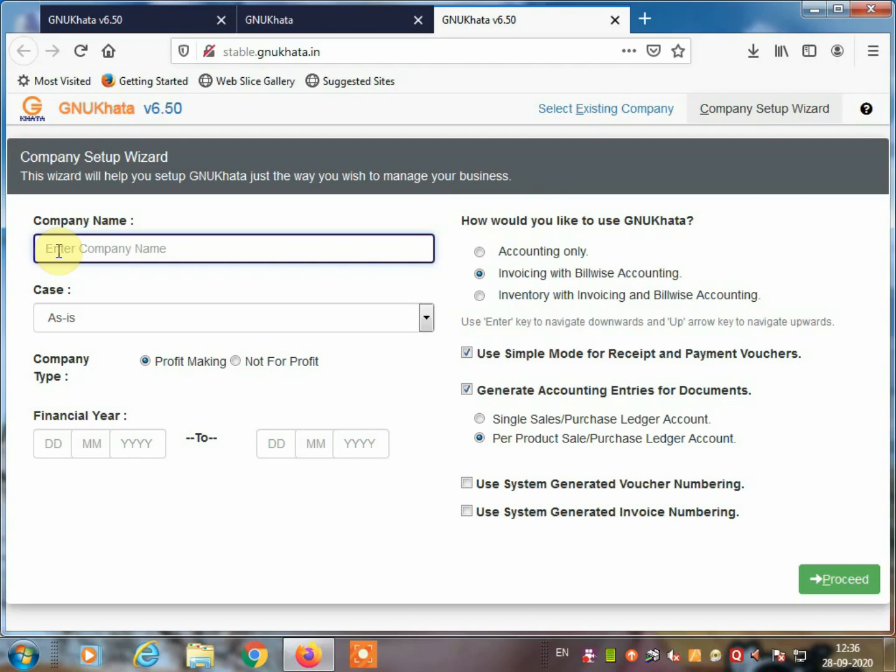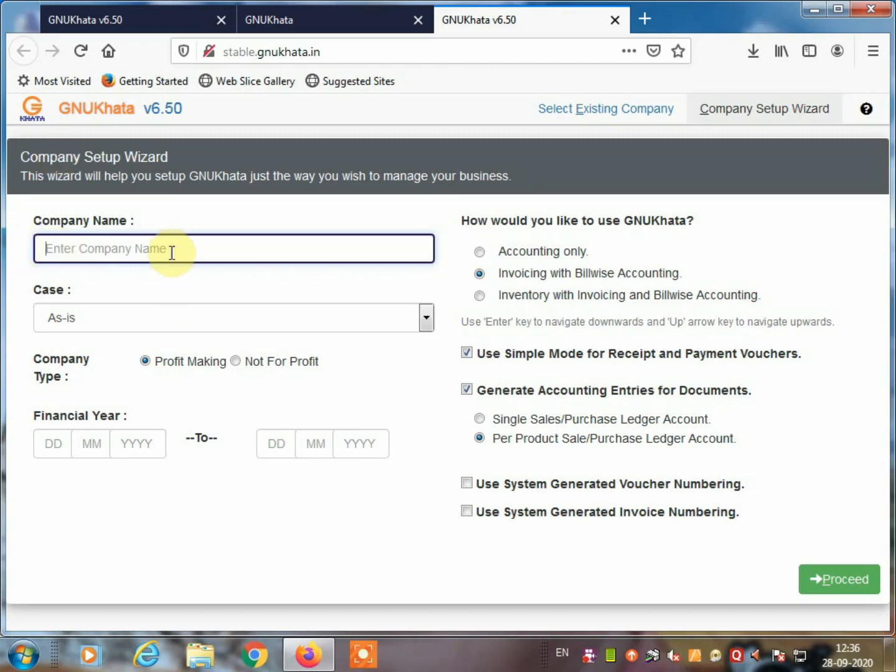Whatever software is given, you should not say that you did not learn this software. Tally, meaning accounting software, will remain the same; only the name of the accounting software will change. Now you have learned Tally. Similarly, GNU Khata is there, and there are other accounting packages like Ledger SMB and GNU Cash. So in this lecture we are learning GNU Khata.